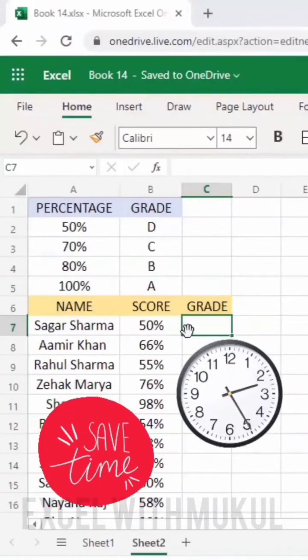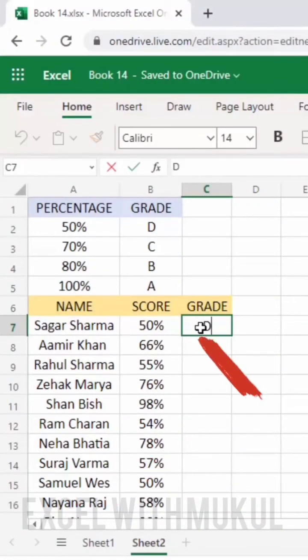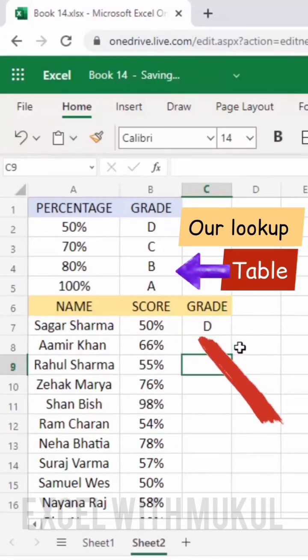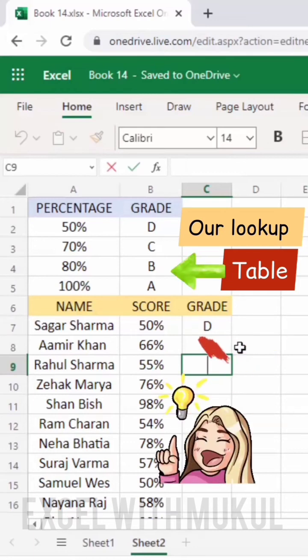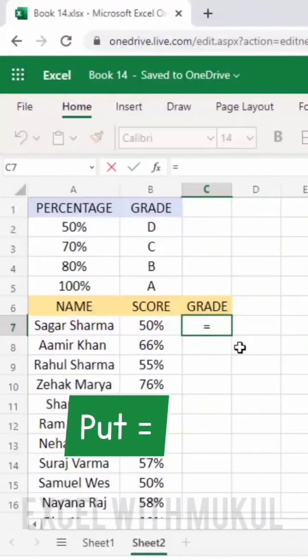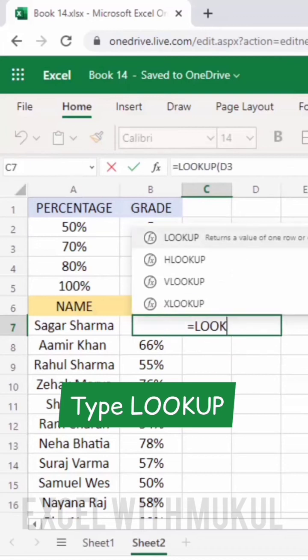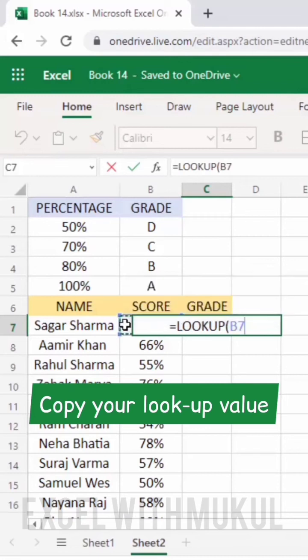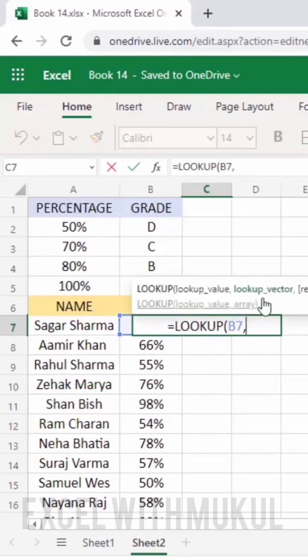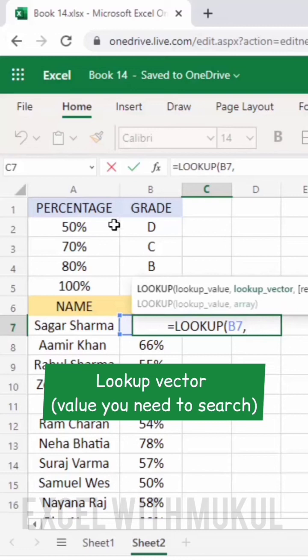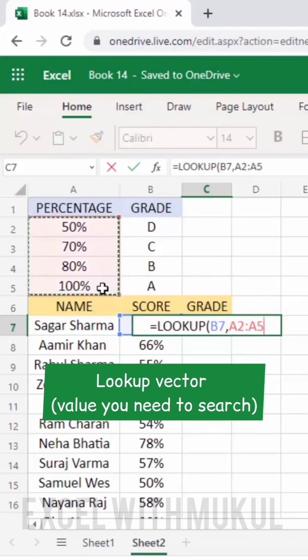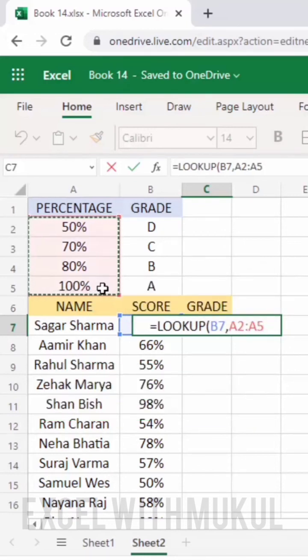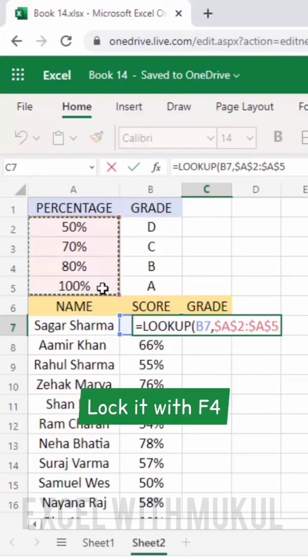Want to save some of your time and stop manually entering each grade with the lookup table given above? I bet you do. Well, for this all you have to do is put equal to and type LOOKUP. Open a bracket, and you can see various arguments there. So the lookup value, well, it is my first cell, so copy that. Put a comma and you can see the next argument, which is the lookup vector. So for that, just copy the percentage table, or whichever table you want to look up,